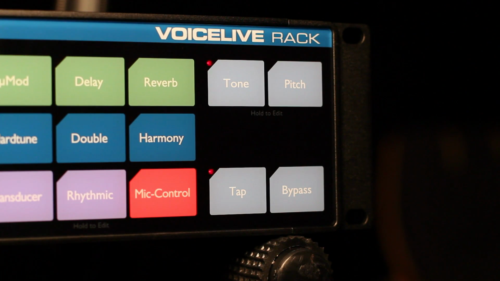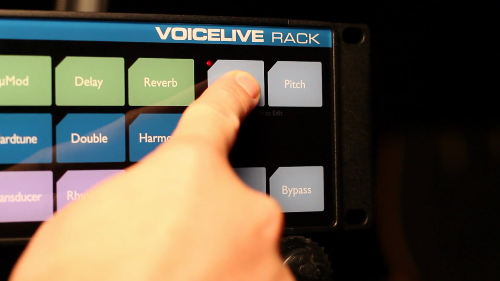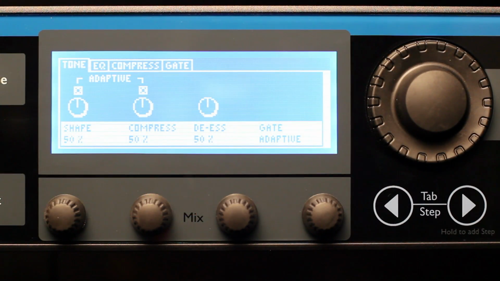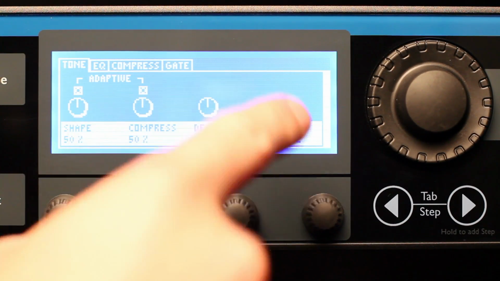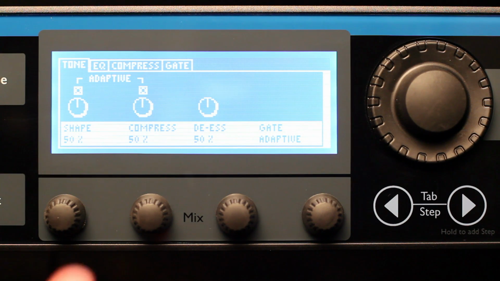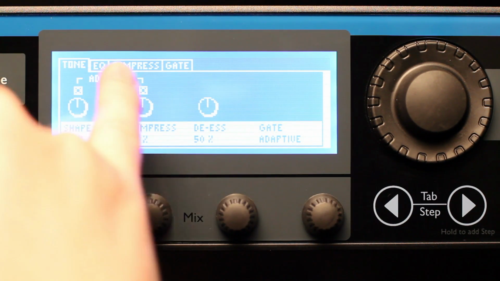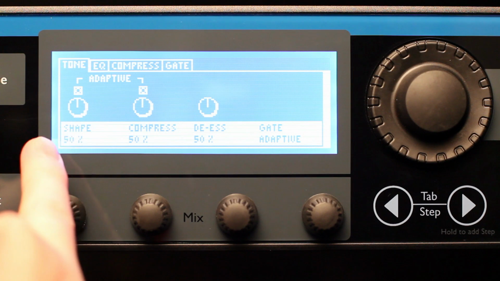Let's take a look at the tone feature. It's an adaptive EQ, compressor, and gate. You just press and hold to get into the edit screen. Once you're in the edit screen, you've got a couple of panels here, a couple of tabs that you can go to. First, on the tone tab here, you can see that adaptive is lit up and it's linking shape